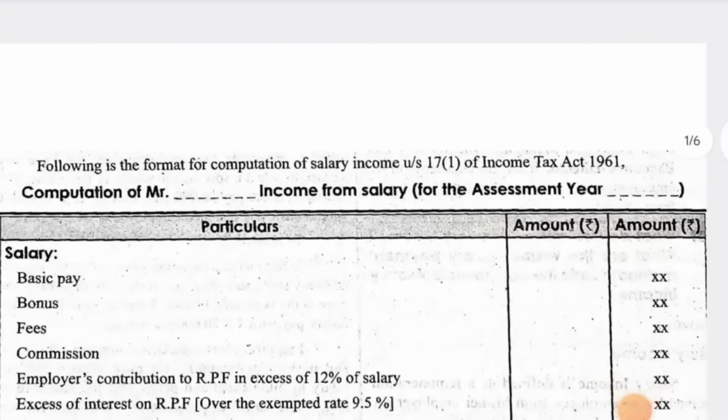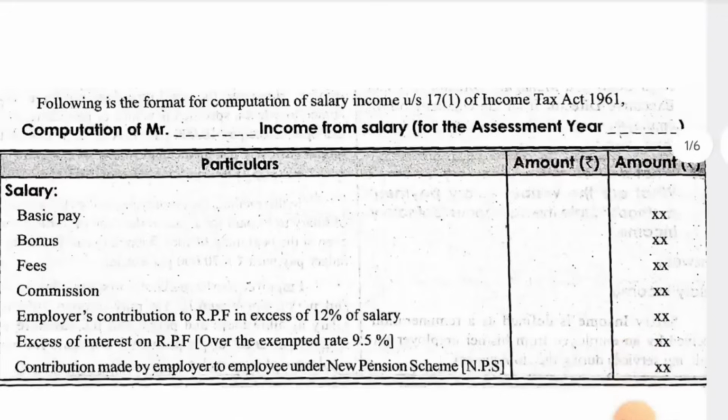Students, following is the computation of income from salary. This is the pro forma of unit number 2, that is income from salary. If you are perfect with the pro forma, 6 to 7 marks is in your hands. By watching this video you can easily learn the introduction part of unit number 2, because without knowing these tips and tricks before starting the problems, you will not understand the problems at all. That's why I have made this video regarding the introduction.